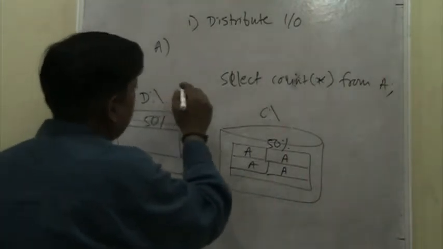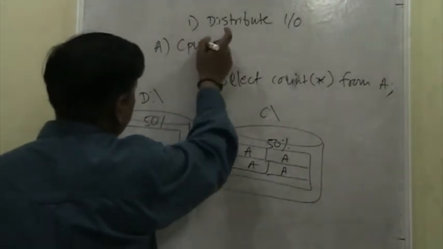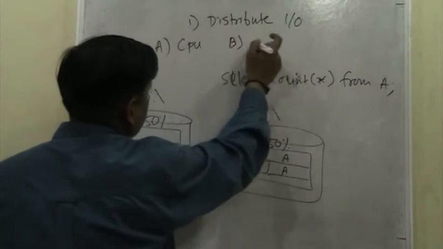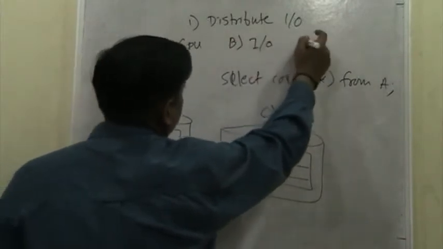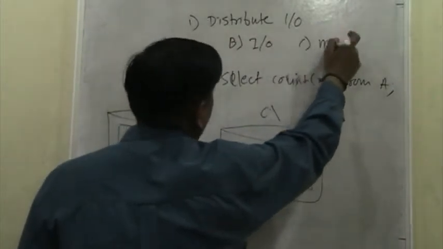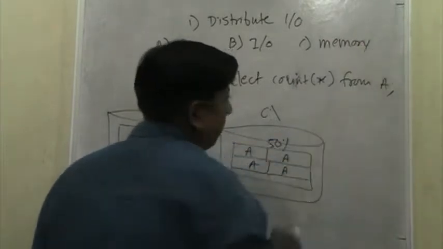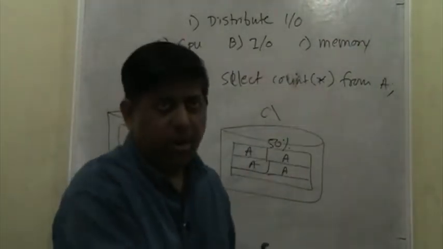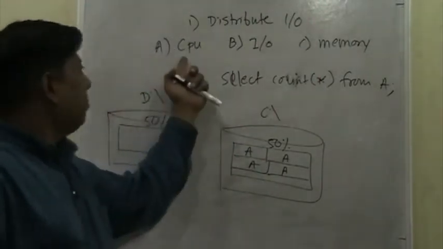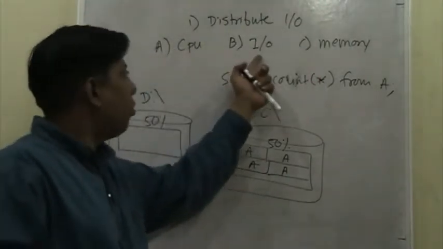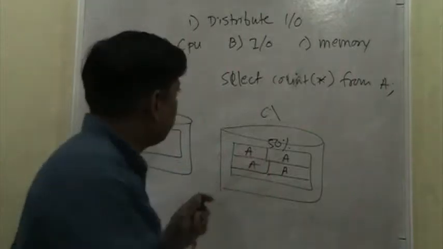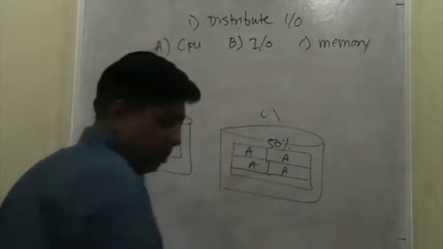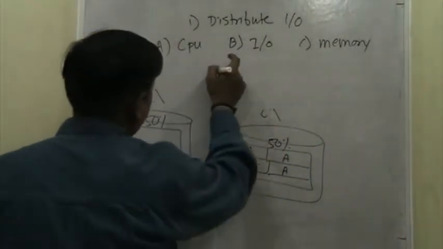Okay, so there are always going to be three situations in your database. One is the CPU problem, the second one is the I/O problem, and the third one is the memory problem. Everything boils down to the same thing, performance tuning. Finally, you have to identify whether it's a CPU bound issue, an I/O bound issue, or a memory bound issue, and sometimes it is a network related issue, and those are things that we cannot even